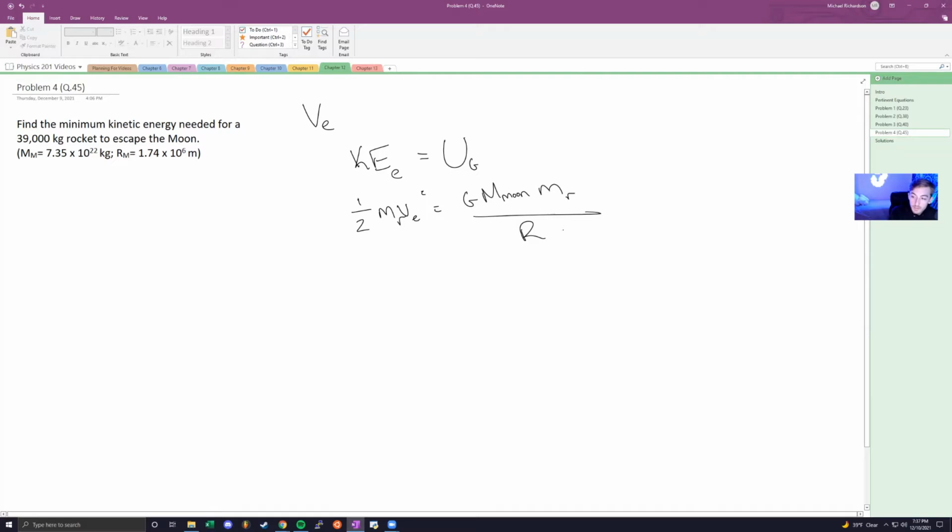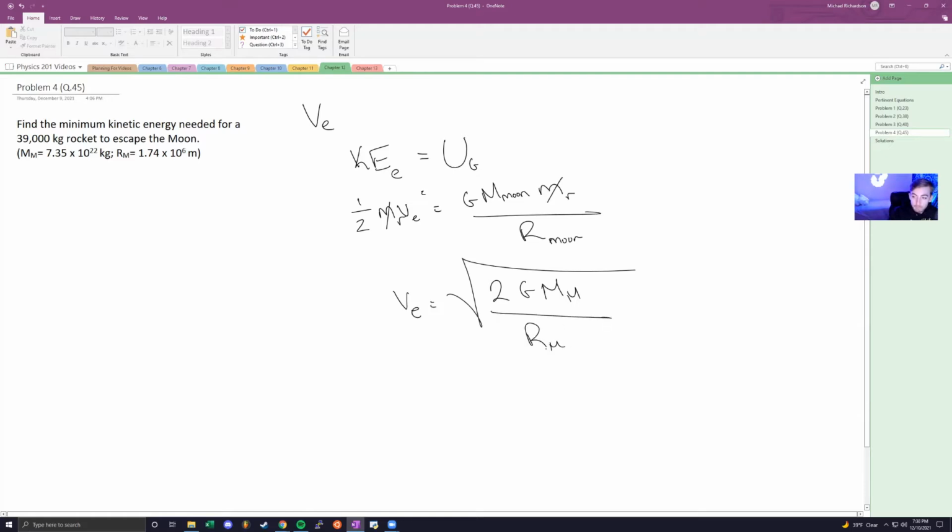So we'll say that this is just our r of moon. Okay. So the mass of the rocket cancels out. And what we're left with is that our escape velocity is going to be equal to the square root of 2 times G times, we'll just say this is M sub m divided by r sub m, where this m